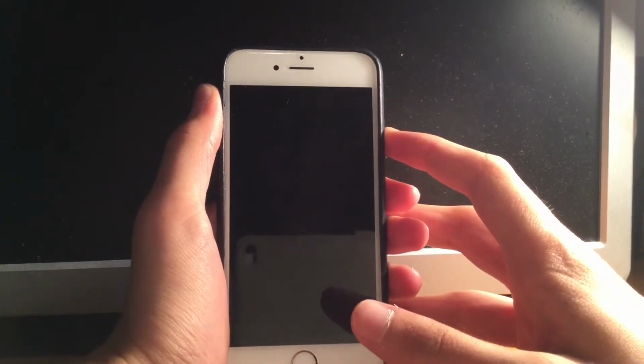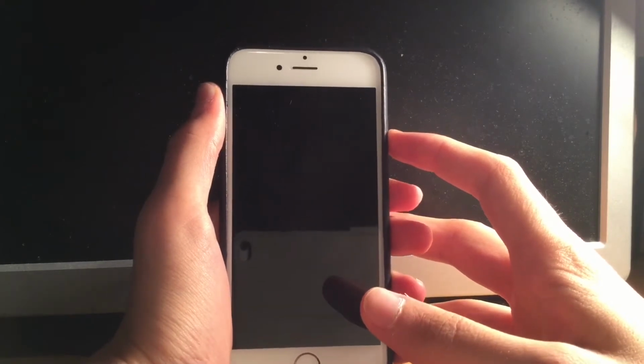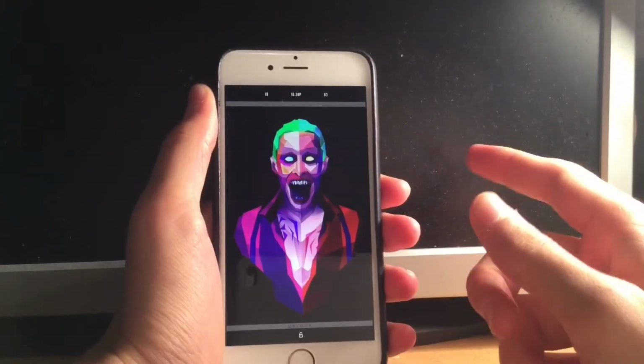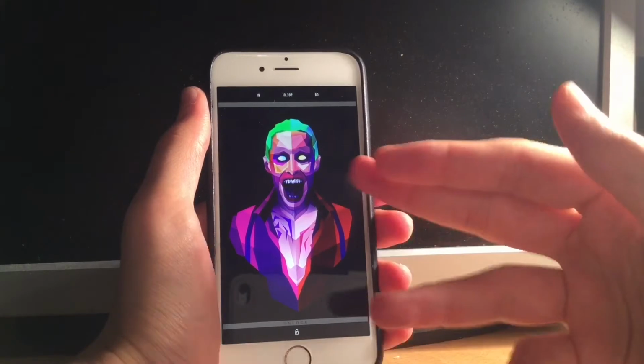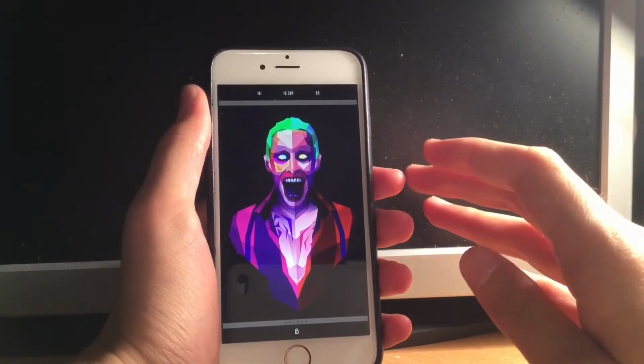This is basically the setup, and this setup is called Chaos. It's connected to the Joker from Suicide Squad, as you have probably already noticed. And first of all, let me just